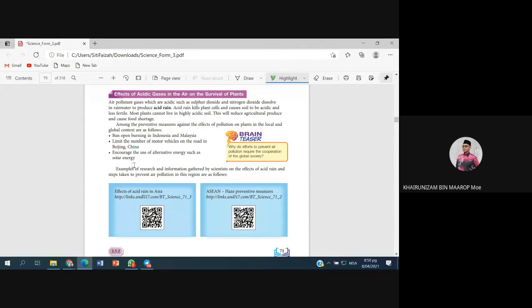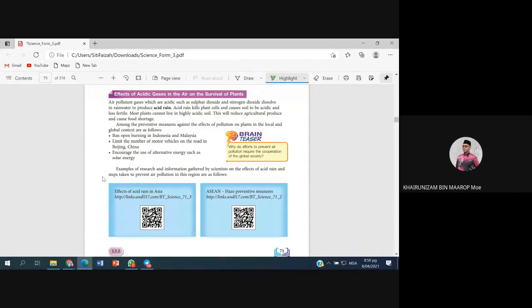And then awareness campaigns through mass media or cleaning campaigns around housing areas, or formal education in educational institutions. Okay, that's how to prevent